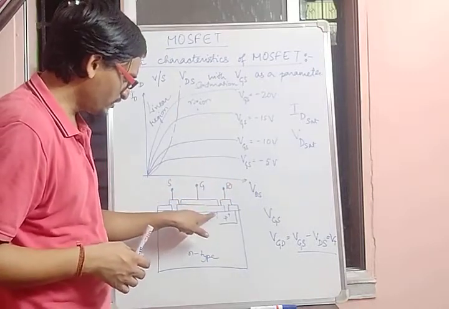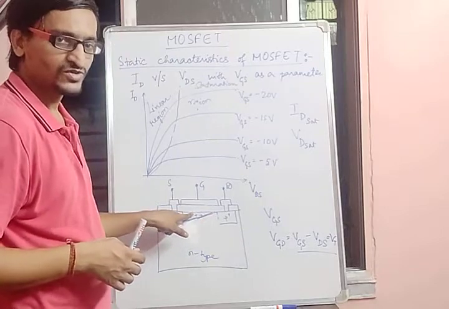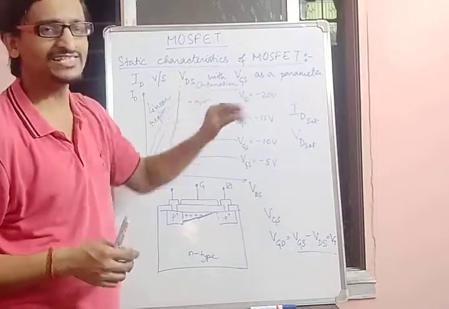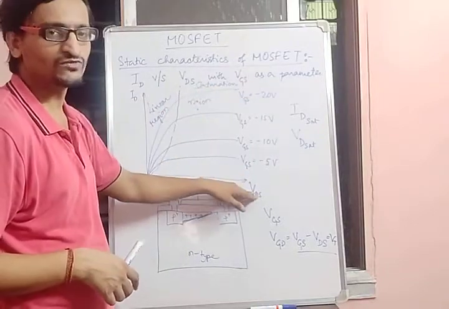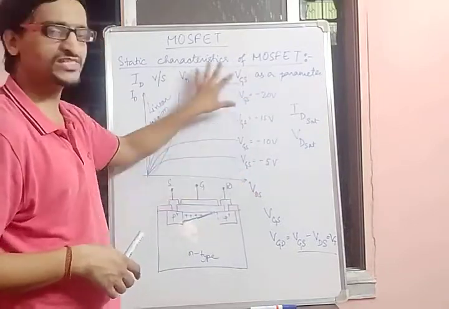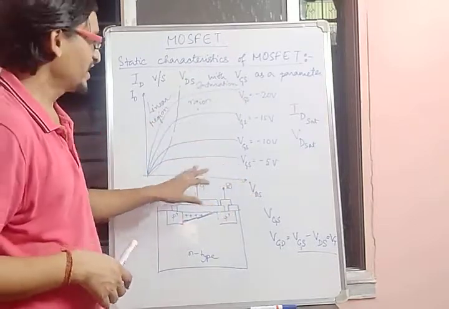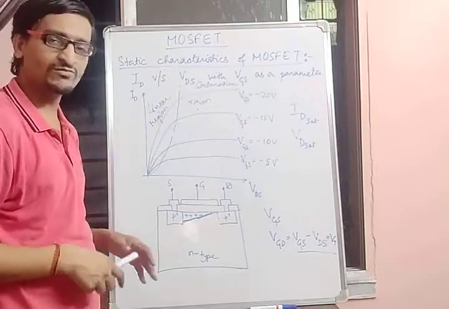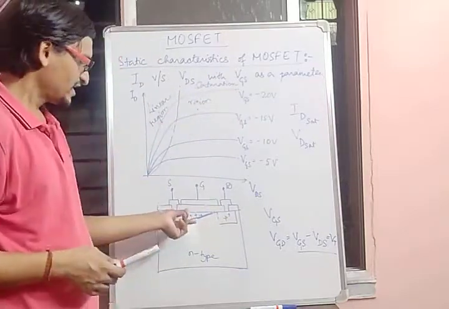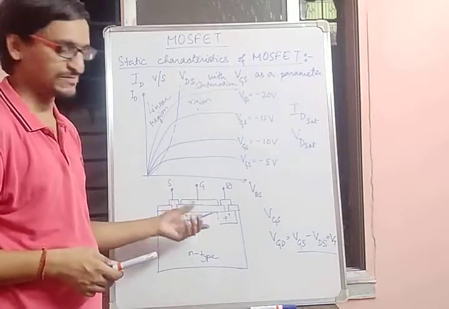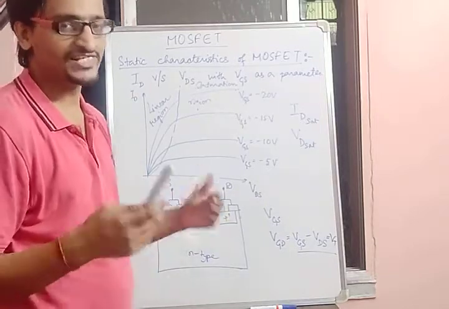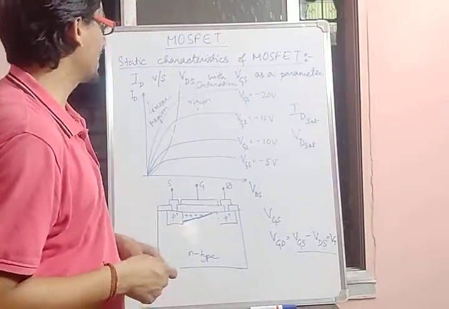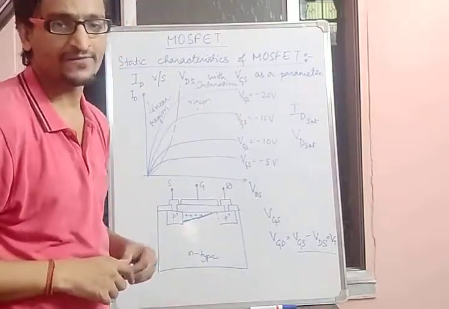Just this point will shift towards the source. So that means your current will remain more or less the same, although your drain current will rise slightly with drain to source voltage. With this we are coming to the saturation region. Now as you go on increasing the gate to source voltage, that means making it more and more negative, what will happen? Your current will go on increasing because its conductivity will go on increasing for a particular value of drain to source voltage. This way we get a static characteristic of a MOSFET.